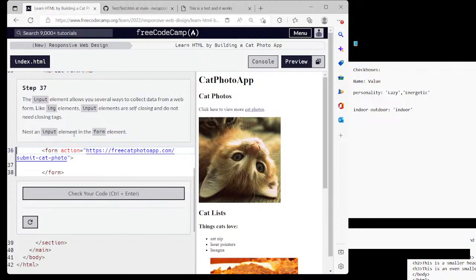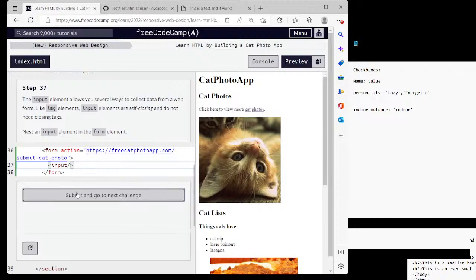Nest an input element in the form element. So it says nest an input element in the form element. If you remember, that's how it would look if it's self-closing. So when it says self-closing,